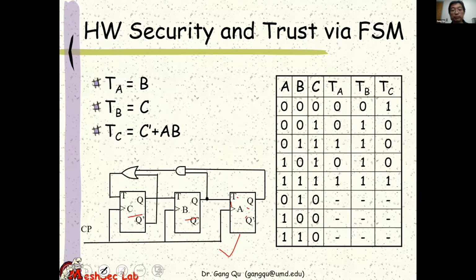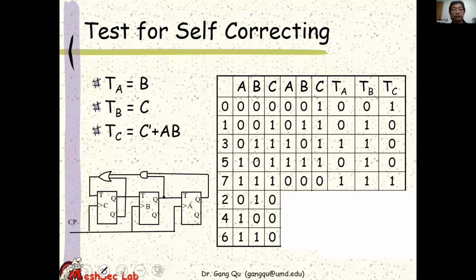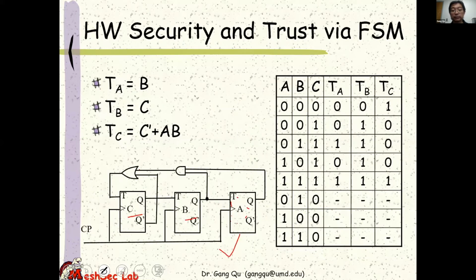And for people who are doing testing, we know that for this design there's another very important aspect you have to check, which is something people call self-correcting. So what is the meaning of self-correcting? Let's go back here. The system has these 3 flip-flops, A, B, C, and I'm implementing these 5 states, 0, 1, 3, 5, and 7. But there are 3 other states, 2, 4, and 6.